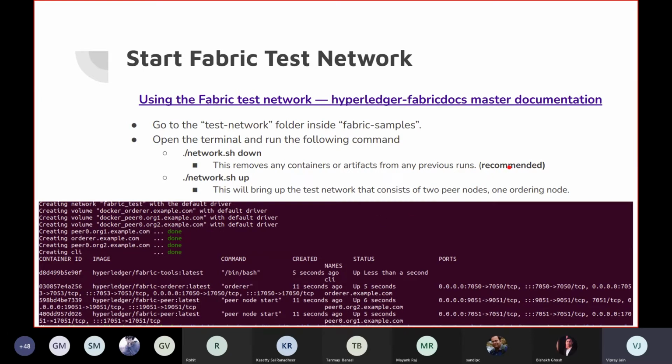So it is recommended that whenever you are going to start the network, you first run this command. It will remove all the containers if there are any. So I will show you how to start this Fabric network with the network.sh up command.